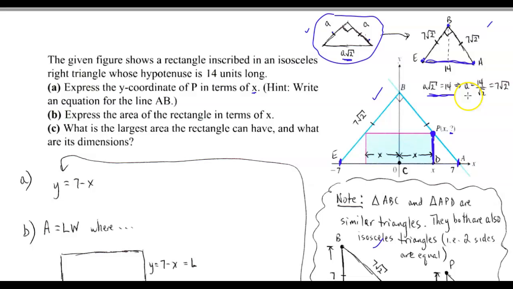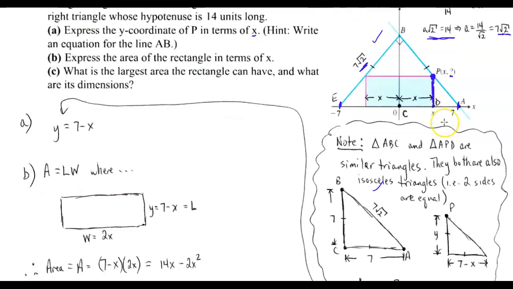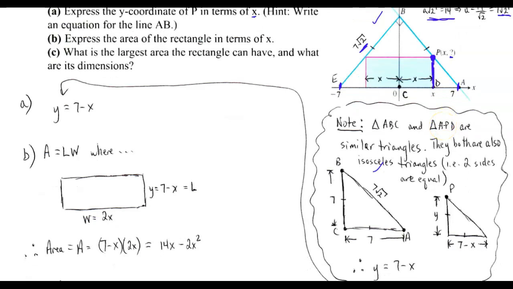So if I divide both sides by square root of 2, I get 7 times square root of 2, and that's what a would be. And so here, that's why I have that length there. Now that I know that, the two triangles that I need to look at that are similar to one another